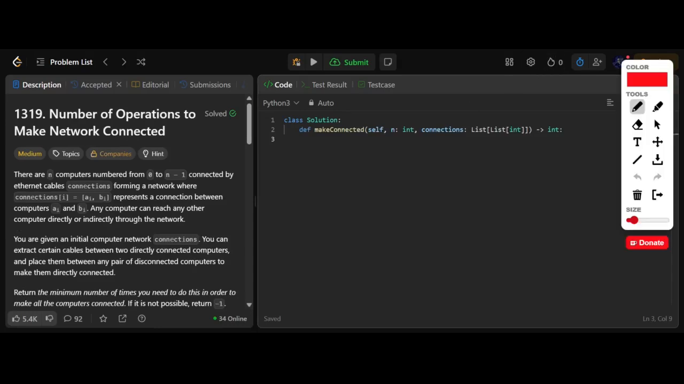Today we're going to be looking at Leetcode 1319, number of operations to make a network connected. This is a medium difficulty graph problem. We're told that we're given n computers, numbered from 0 to n minus 1. We're given a list of computers connected by Ethernet cables, connections, forming a network where connections equals A and